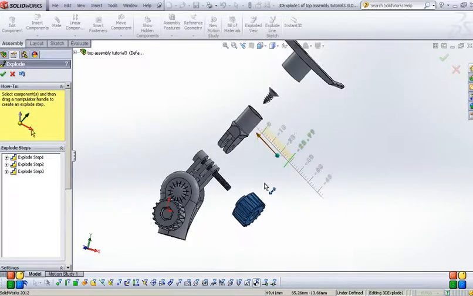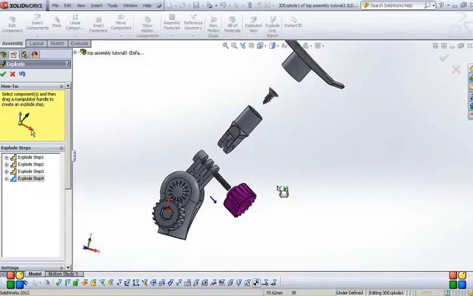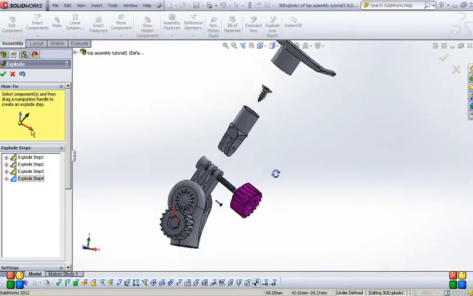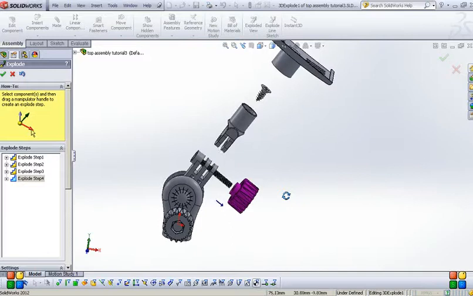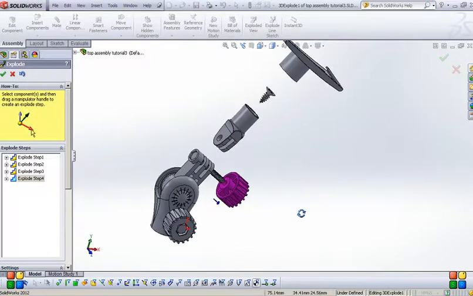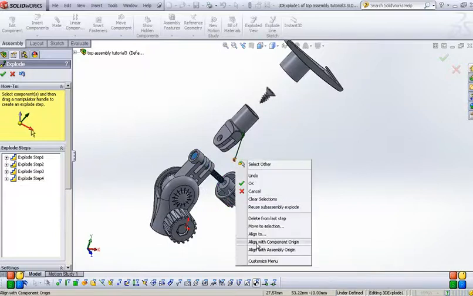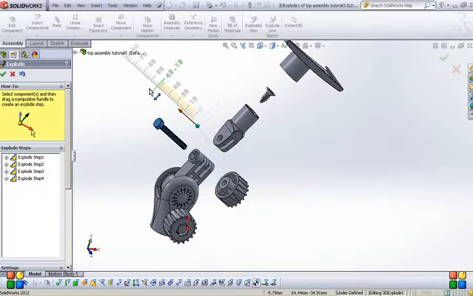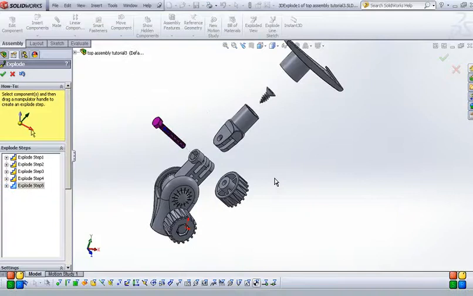Let me drag somewhere around this distance. And okay, we already moved our control knob. Then we have to move our bolt here, so I select my bolt, align with component origin, then carefully select the axis here, then we move our bolt. Okay, so we already have 5 steps for our exploded view,